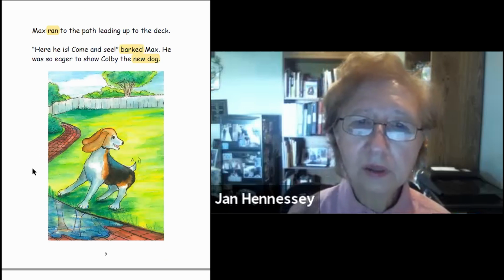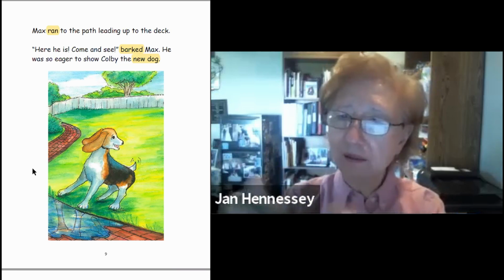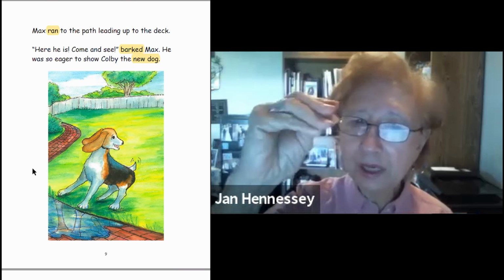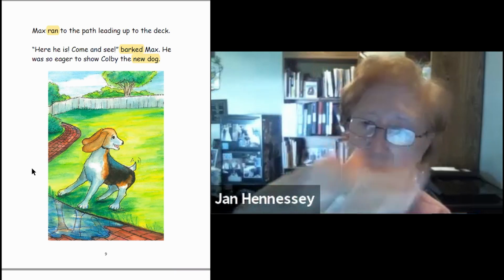Max ran to the path leading up to the deck. So how did Max get to the path? Courir, courir, courir. Here he is. Come and see. Aboyer, Max. He was so eager to show Kobe the nouveau chien,